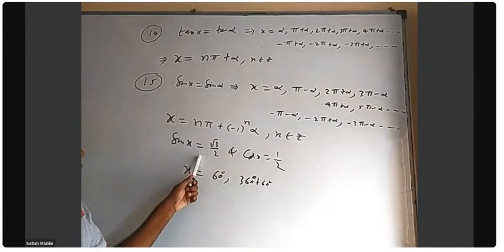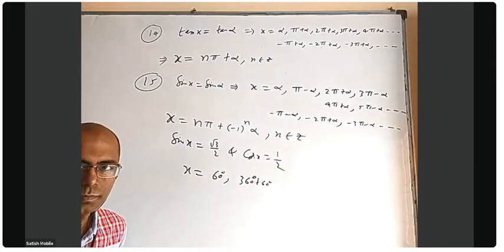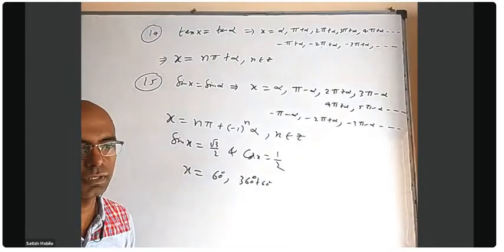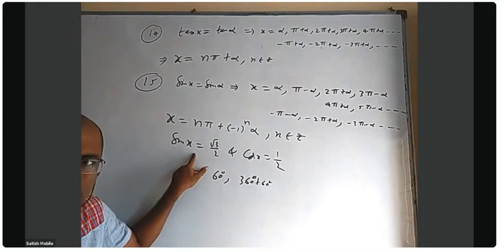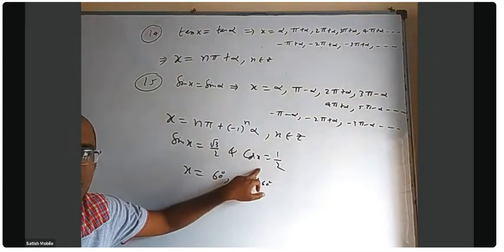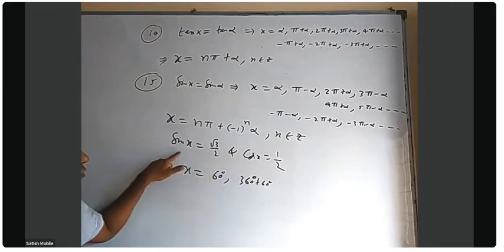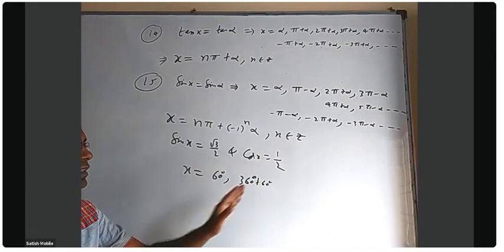It's not only sin to be positive, cos also has to be positive. Both. Which quadrant? First quadrant. So after this first quadrant is over, you have to go to the next first quadrant only. This alone has one more answer, 180 minus 60, but that is not okay for this. This alone has an answer 360 minus 60, in the fourth quadrant, but at that time this will be negative. This has one more answer in the second quadrant, but at that time this will be negative. Okay, so again, the next answer will be this.